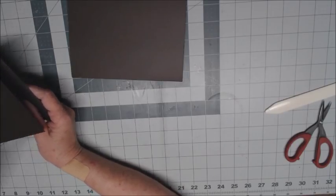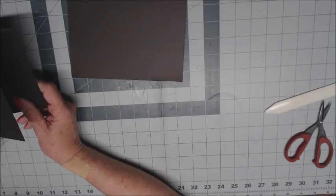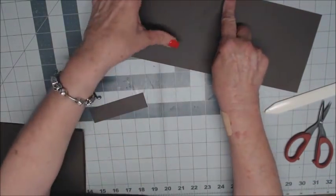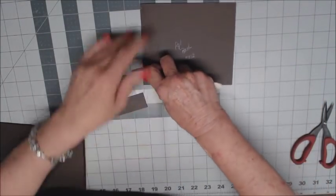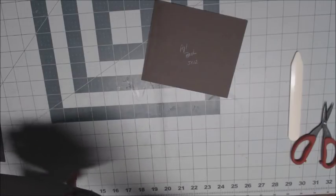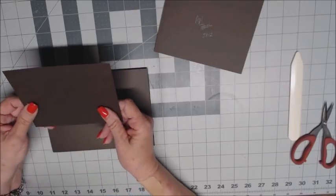For the back of page 1, you're going to want 2 pieces cut, and you're going to take a piece 5x12, and score it at 6 right there. Fold it in half, so what you're doing is making a booklet. And then you're going to take another 4.5 by